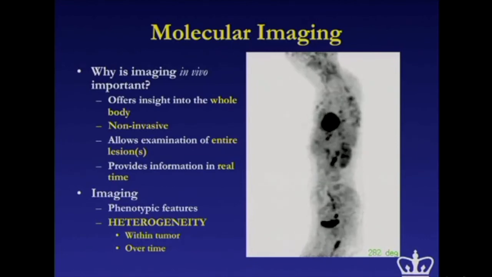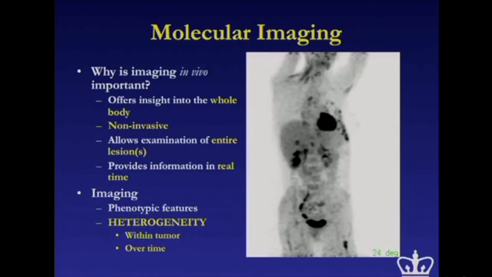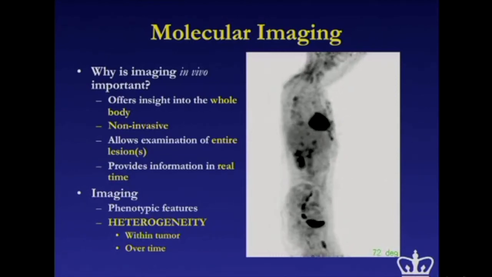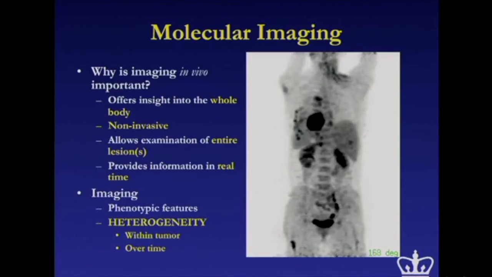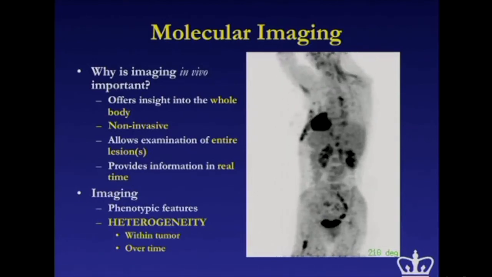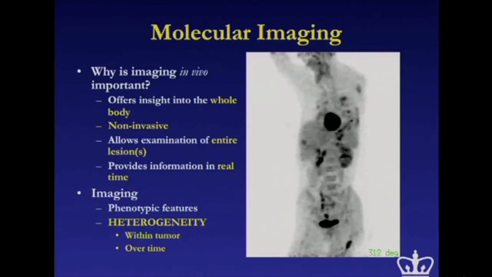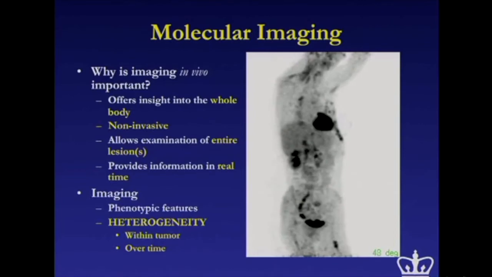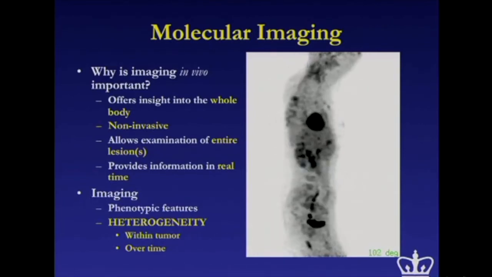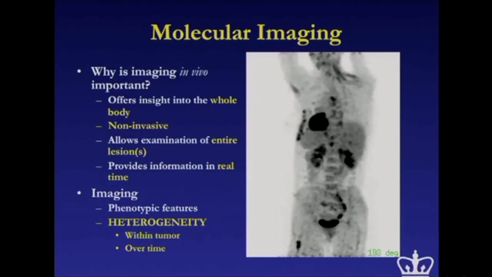What PET scans allow us to do is get a snapshot of the distribution of a particular tracer, because a tracer, a ligand, binds to some sort of receptor. In this case, we are looking at a map of hexokinase in the body. Hexokinase is overexpressed in 70 to 80% of malignancies, and it is very closely associated with RAS mutations.